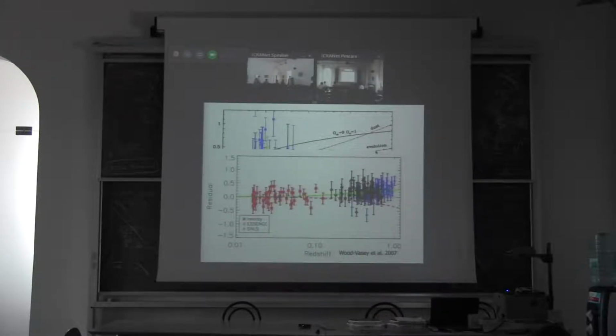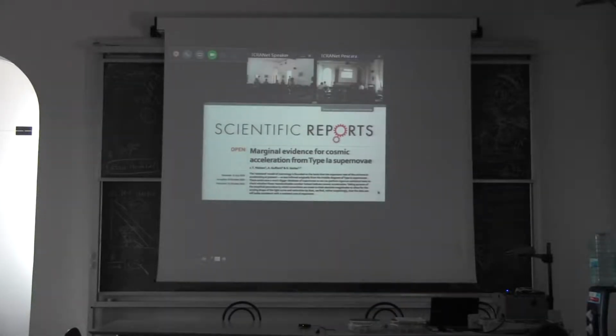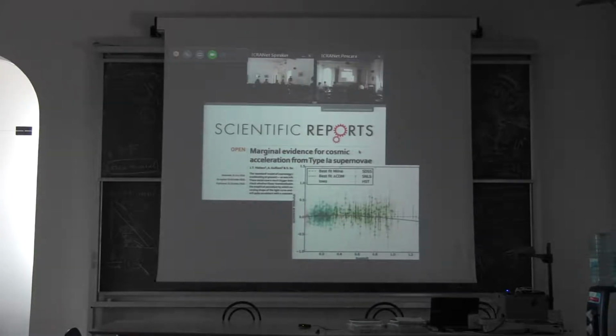Look at this. Even 10 years ago, the situation became dramatic because we were increasing the number of objects, but the strength of the signal didn't increase at all. Maybe it was getting worse. And as a result of this, for example, in 2016, there was a paper in Scientific Reports, in which they concluded that there was only marginal evidence for cosmic acceleration from Type Ia supernovae. And this is the result,